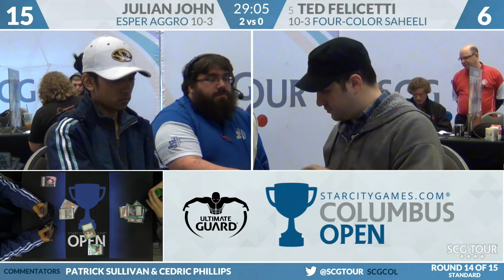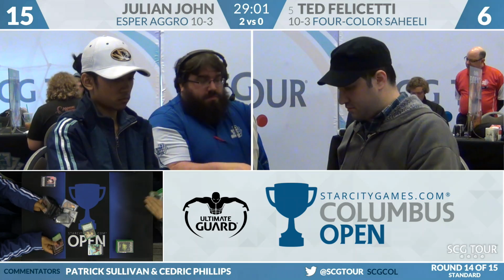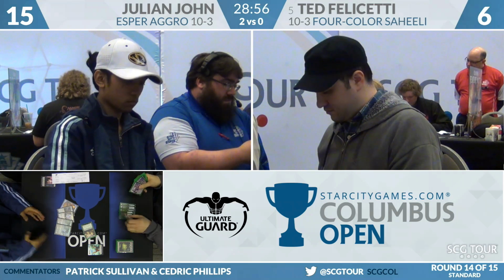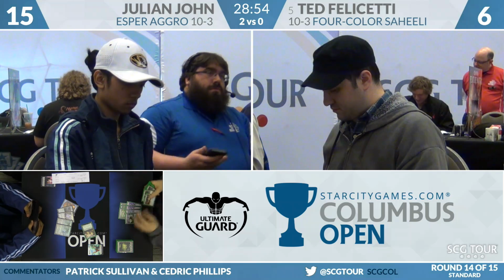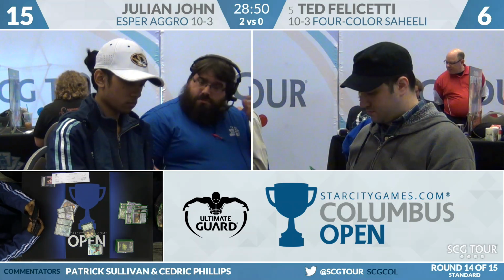I mean, it wasn't the easiest. I thought Worldbreaker had a shot of stabilizing the game there, but Archangel Avacyn, backed up by another removal spell, was able to punch across the last 6 points. That's just some straightforward, pretty simple stuff. And I saw it in Felicetti's hand. He brought in Negate, and I understand that there are spells in the other deck